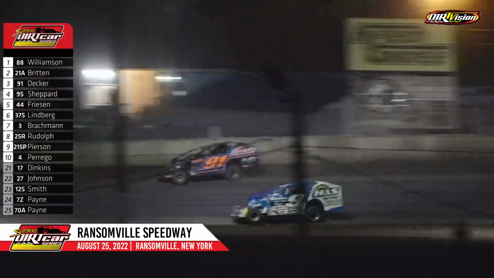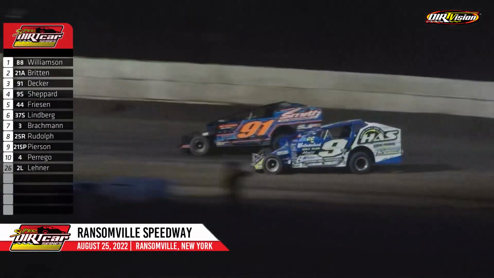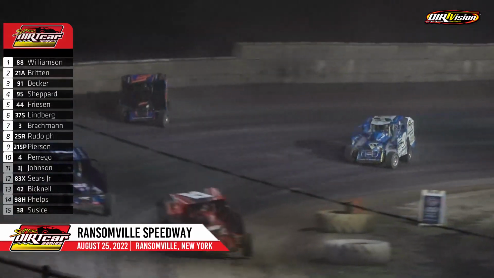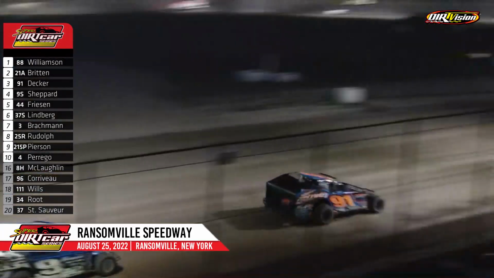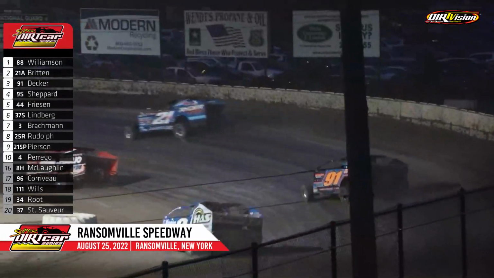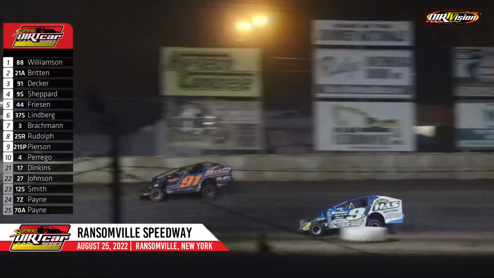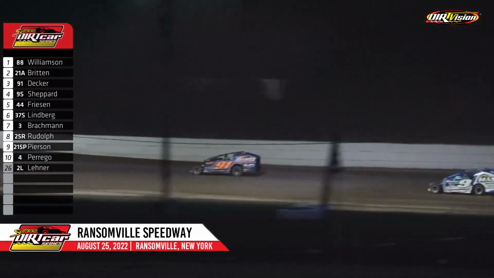A whisker indeed for Billy Decker, but this time Shepard might clear him down the back straightaway, but they got to use St. Savor in the pick. So we'll see where Shepard's got to go. He's got to move up at least the middle of the racetrack, and he will stop the momentum for now. Decker still third, Shepard fourth, Friesen in fifth, as Peter Britton had a tough time getting around Paul St. Savor, but the yellow lights are coming on one more time